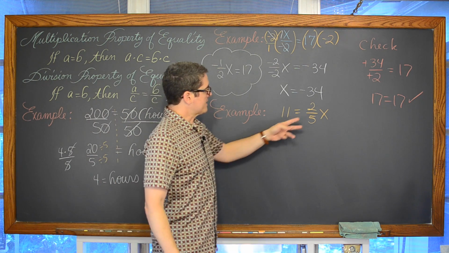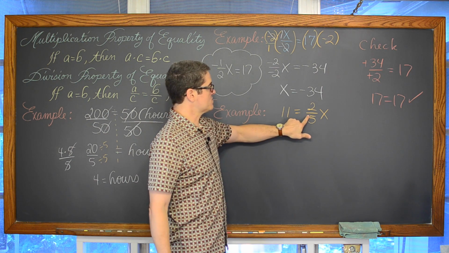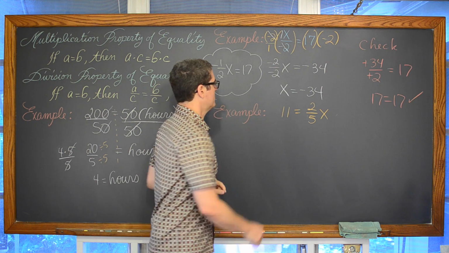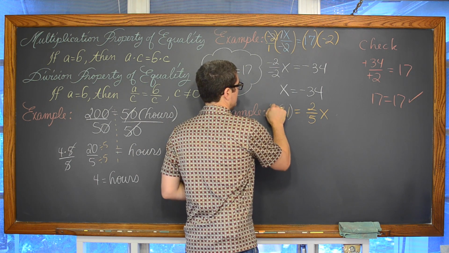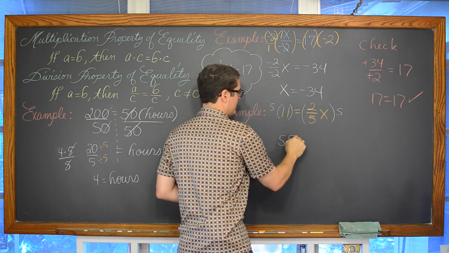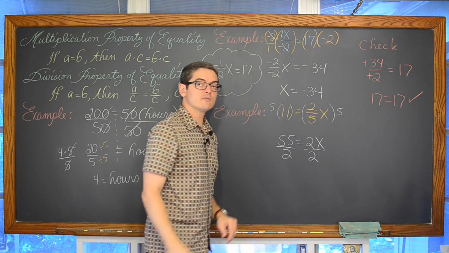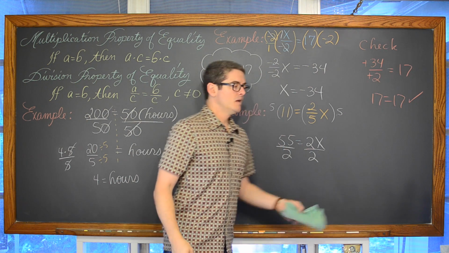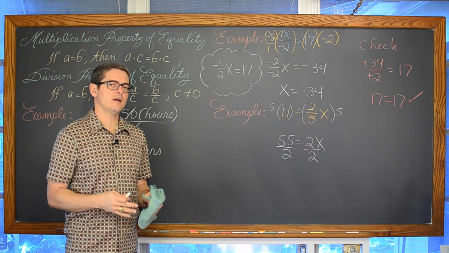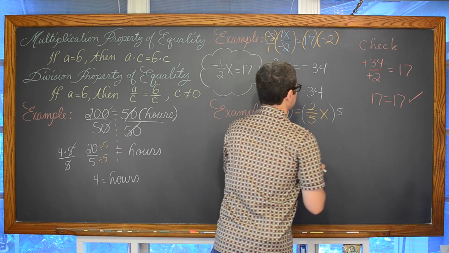Now, I can get rid of this coefficient of 2/5 in 2 steps. I can see the division of 5 and multiply both sides by 5. I wasn't going to show it, but we could multiply both sides by 5. That would give us 55 is equal to 2x, and then divide both sides by 2 and get whatever the final answer is going to be here in a second. But I would be working that out in 2 steps, which is okay if it helps you get the fractions done more accurately, but you don't have to do it in 2 steps.